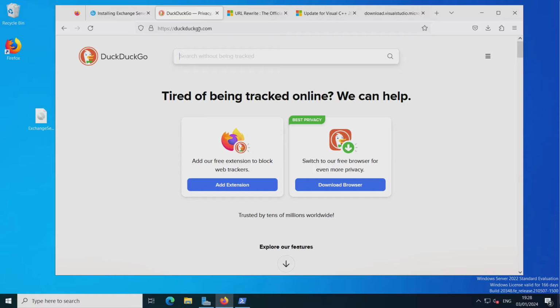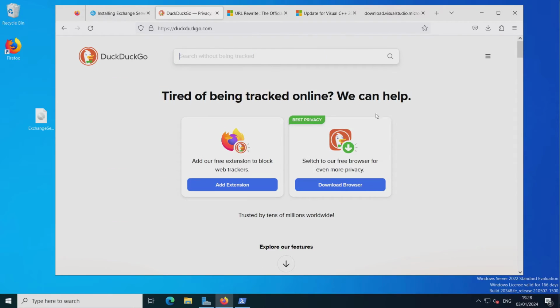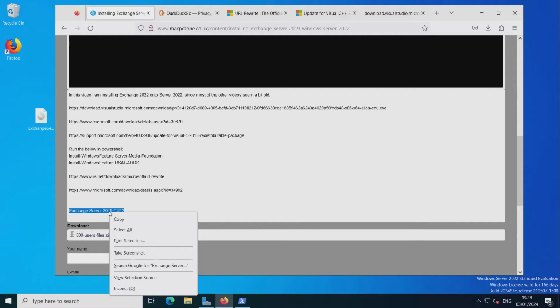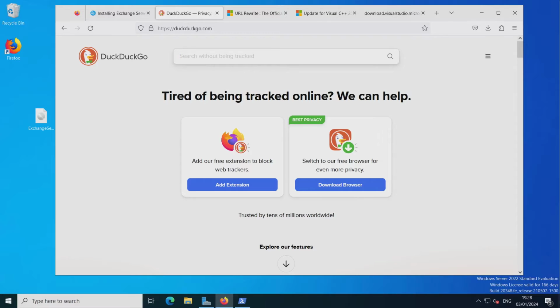At least with DuckDuckGo you don't have that annoying thing you have to accept at the beginning, even though it looks more confusing. So all you do is just do a search for, and this is the thing, you need to make sure it's at least CU12, which is 2022H1. So if you do a search for that,